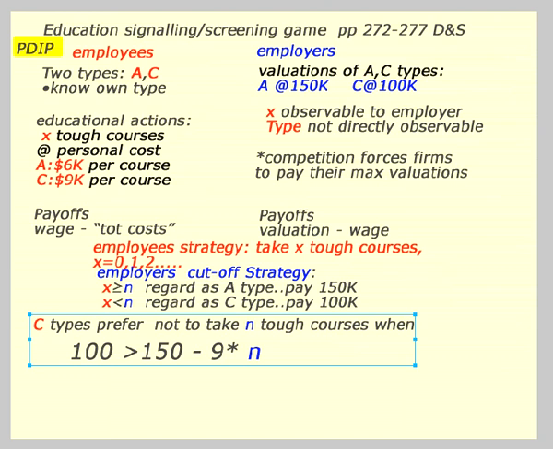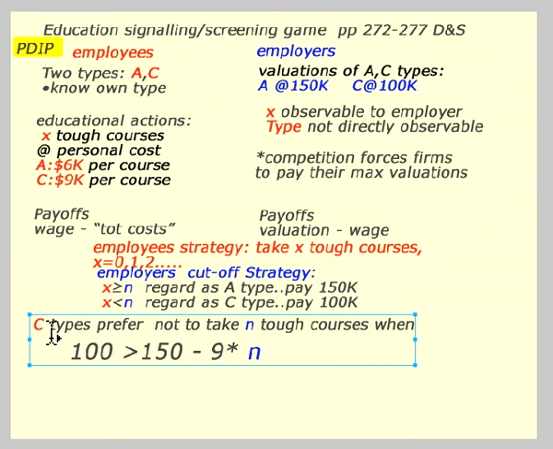And if we can separate out the types, we can use their actions. Did you take the tough courses, or did you not take the tough courses, to reveal their type? So that's the idea of this screen. We can discover what the private information is, not by asking them, but by setting up this educational screen. And the reason that we don't ask is that words are cheap. Anybody can say that they're able. Few would say that they're challenged. But are you willing to back up what you say by taking these tough courses or not?